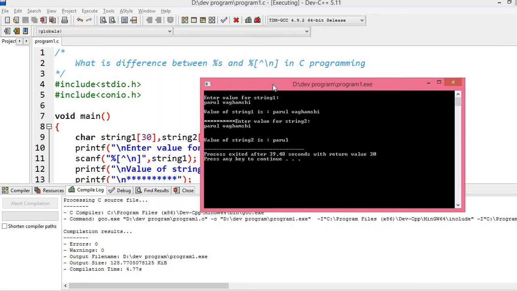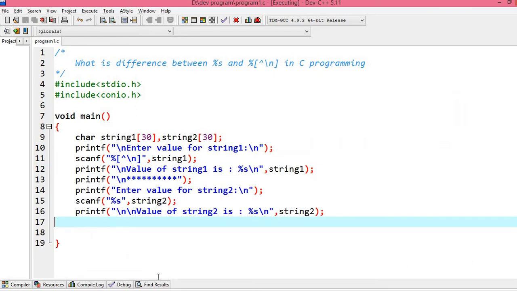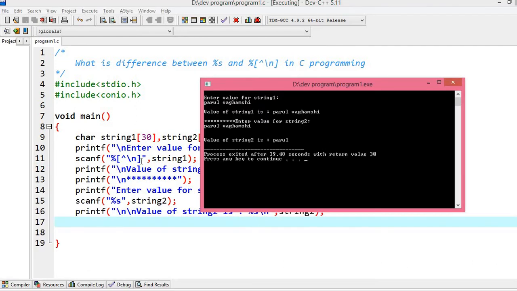Okay, so from this program you can see that when I have used this %[^\n]s, white space is also considered as input, and it will take input until the user presses enter. So in this particular format, white space is not considered as the stop of the input, whereas in %s you can see I have written the same value Parul space Vagamshi, but in string 2 the value is stored only until the white space, only Parul.